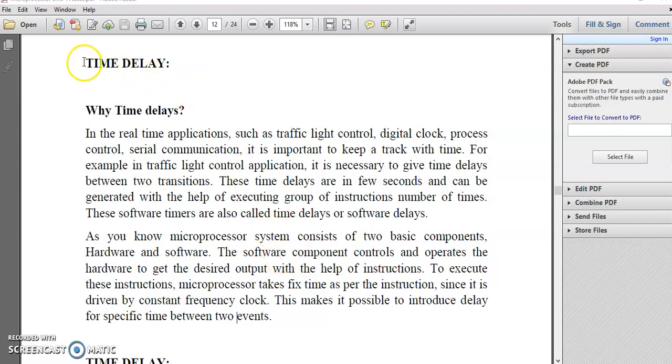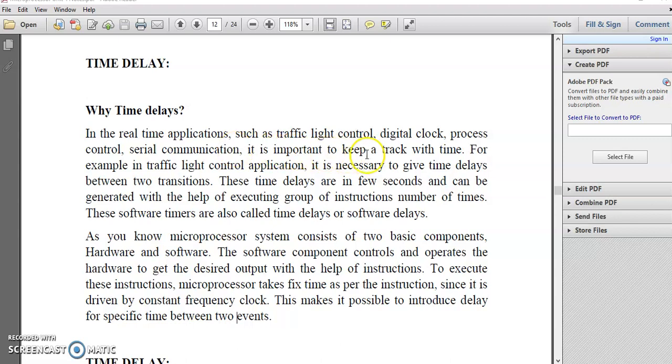Okay, student, the topic for discussion is time delay. So, why time delay? In real time applications, microprocessor based applications such as traffic light control, digital clock, process control, serial communication, these systems are time aligned systems.